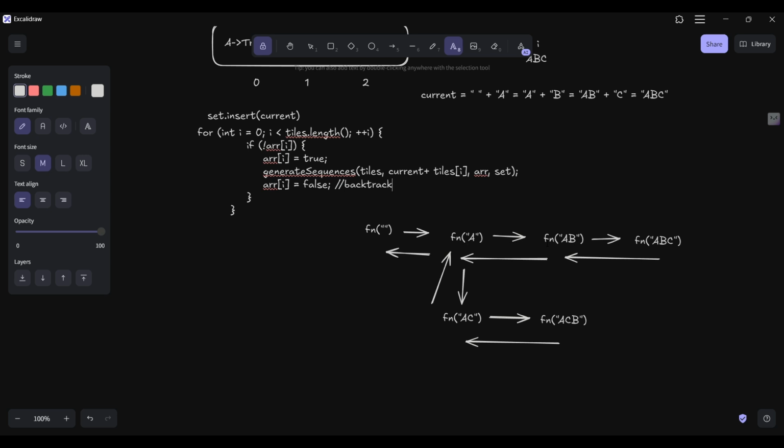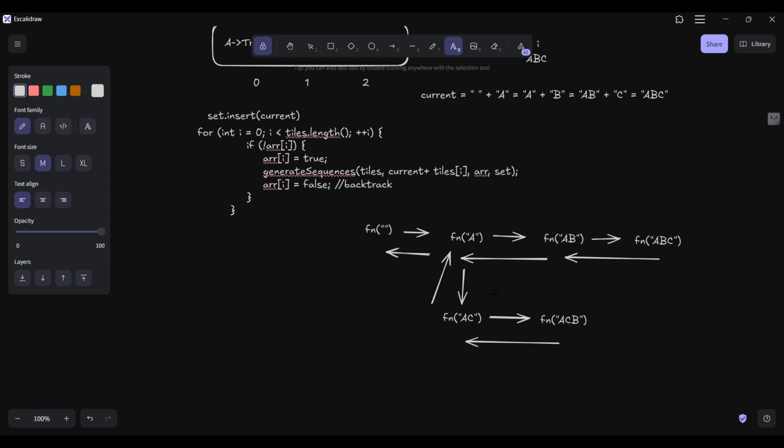Basically it will make b false, because for the next time when we come back to b, if we see this function of acb, if b is not false, then it will simply... If I don't write this condition, then for this acb, b is added. Why is b added? Because b would be false. So that's why we have added false here, so that it becomes false again when we backtrack. If we have backtracked, then we have to make that digit false again,